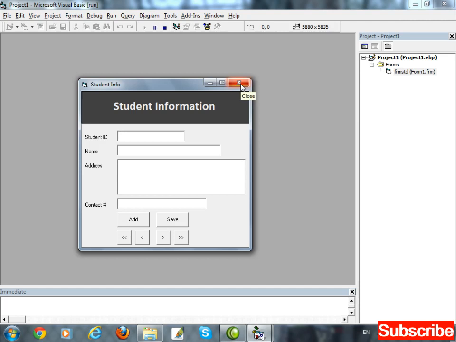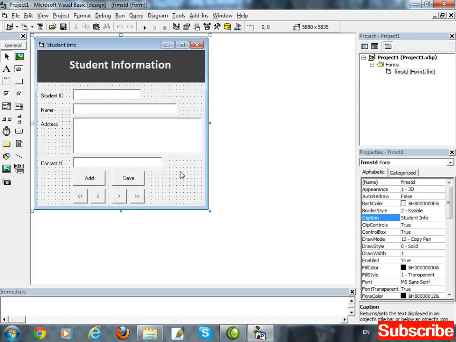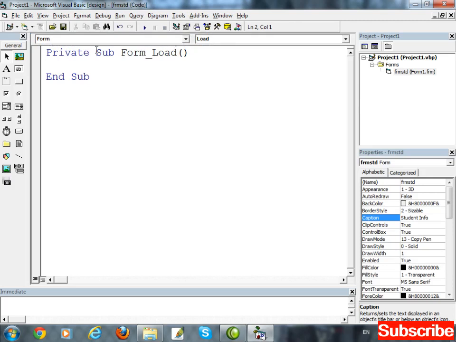On load of our project, the text boxes will be locked and the save button will be disabled. So simply double click on form. Here the form load event is selected.